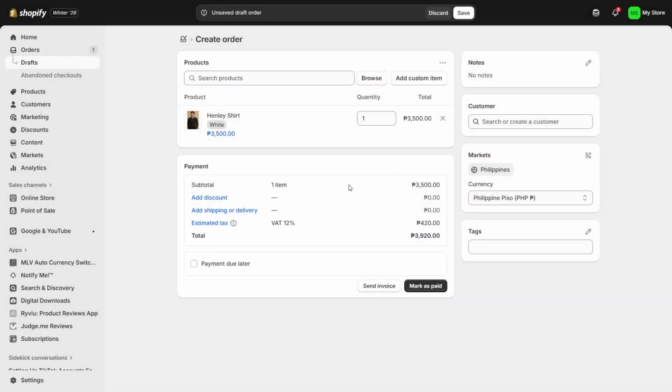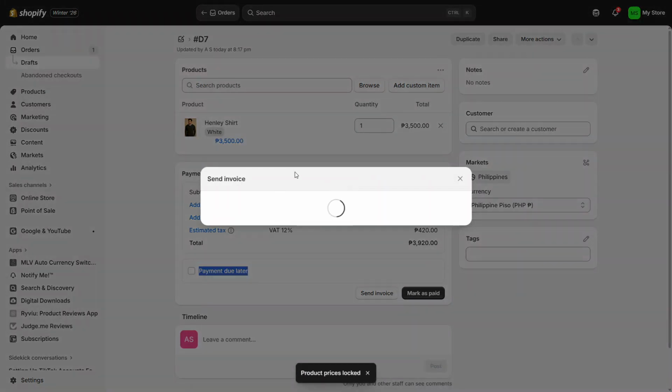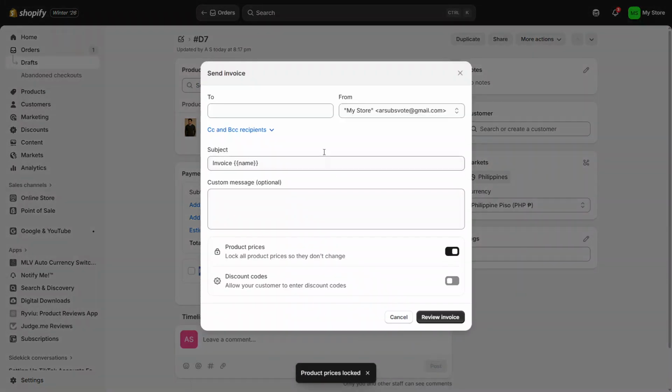As you add products, you'll see the payment summary appear at the bottom of the page. Here, you can choose how you want to handle payment for this order. If the customer is going to pay later, select the option for Payment Due Later. If you want to email them an invoice directly from Shopify, choose Send Invoice. This opens a pop-up where you can enter the customer's email address, edit the subject line, and add a custom message. You can also choose to lock product prices and allow discounts in that invoice. If the order has already been paid outside of Shopify, you can select Mark as Paid to record that payment